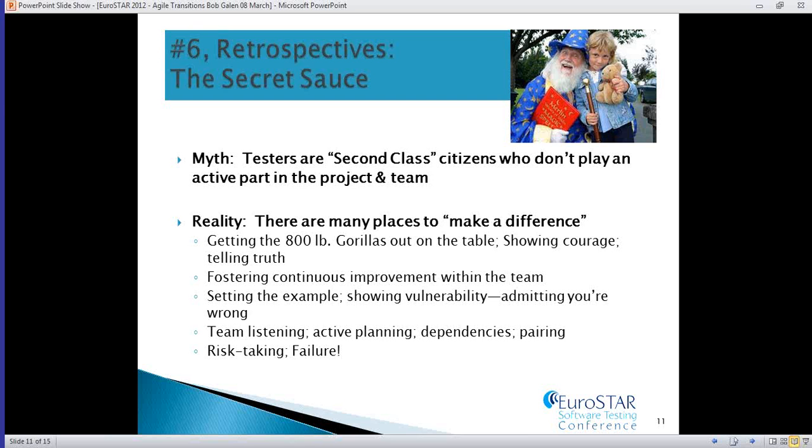Be a risk taker. And then accept failure. Show failure. I have this view of Agile teams. How do you continuously improve if you don't fail, if you don't stretch, if you don't take risks? But show the team that you're willing to take risks. You're willing to fail, but fail forward. Fail forward with a purpose.